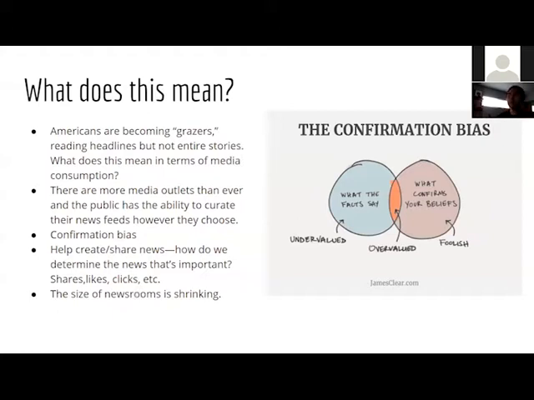So confirmation bias is you're using and selecting information to prove your point and ignoring everything else. If on my Facebook page, and it makes me sound old, I only choose to follow news sites that love Joe Biden and hate Trump, then I'm going to get only news about why Biden is good and Trump sucks, right? So that's confirmation bias.